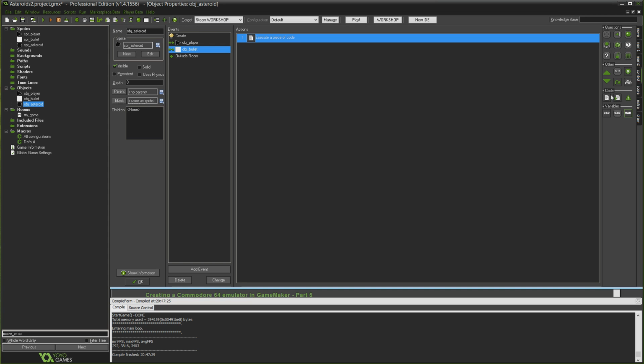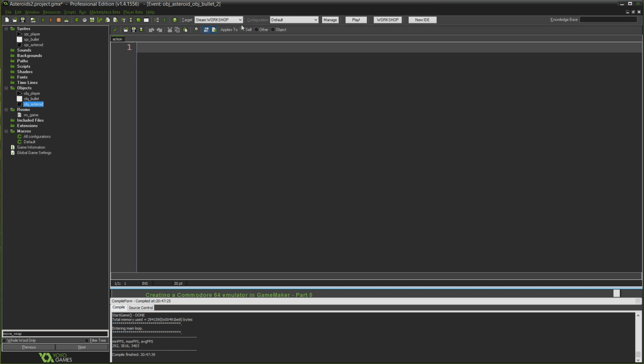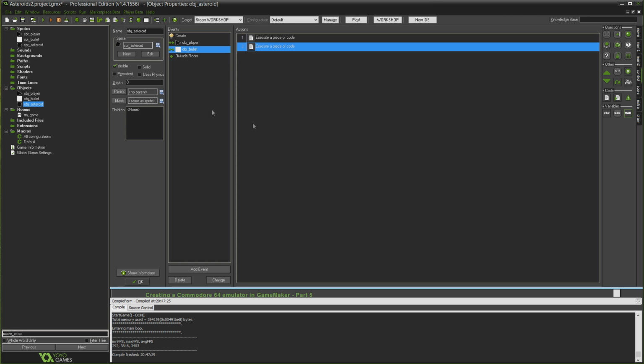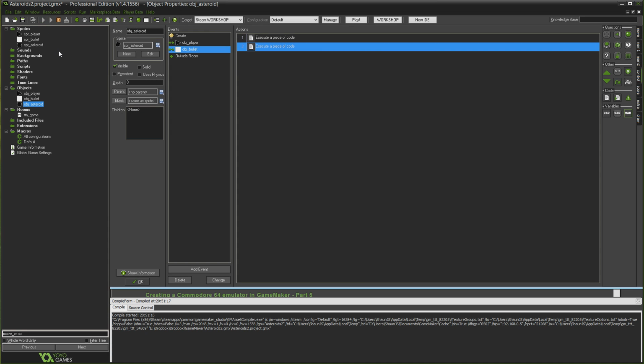Click tick, and then drag in another one, because we have to do separate code actions if we want to change this applies to thing up here. This one just applying to self, instance_destroy(); again. Simple, right? And that's that. So if we go ahead and run that now,